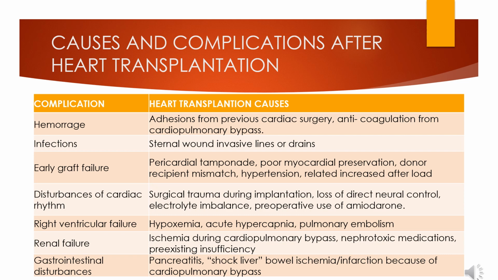Causes and complications after heart transplantation. Hemorrhage: adhesions from previous cardiac surgery, anticoagulation from cardiopulmonary bypass, infections, sternal wound, invasive lines or drains. Early graft failure: conditions like pericardial tamponade, poor myocardial preservation,